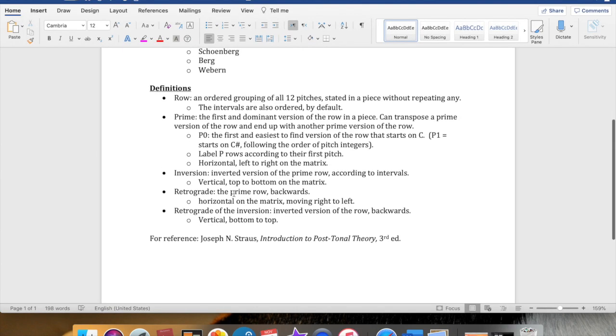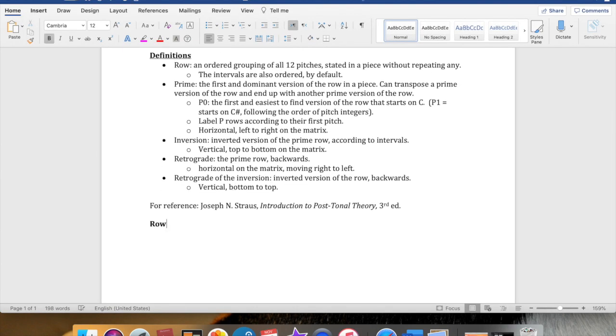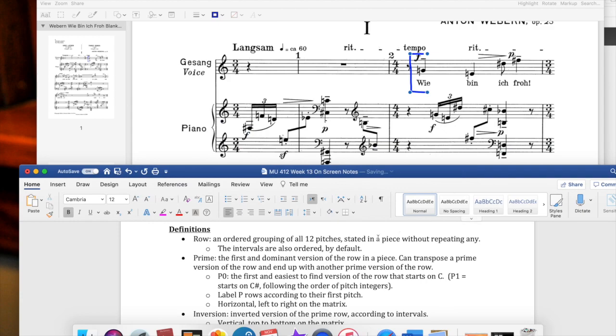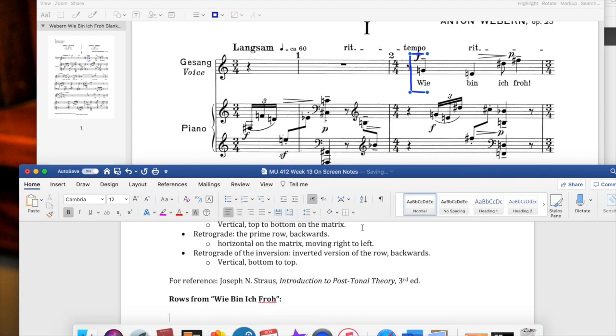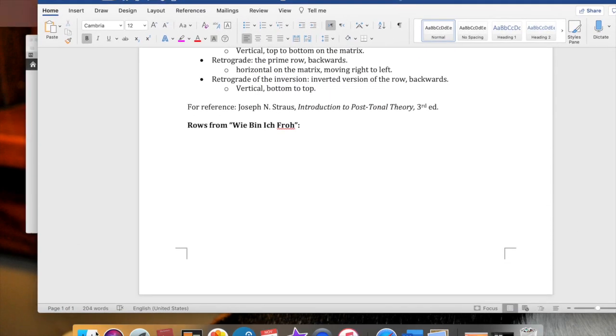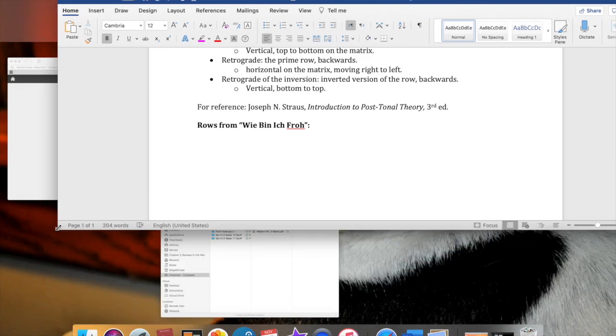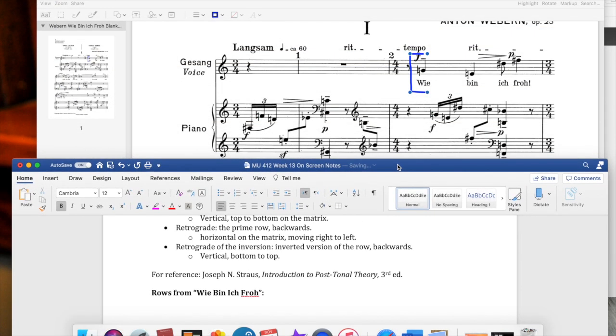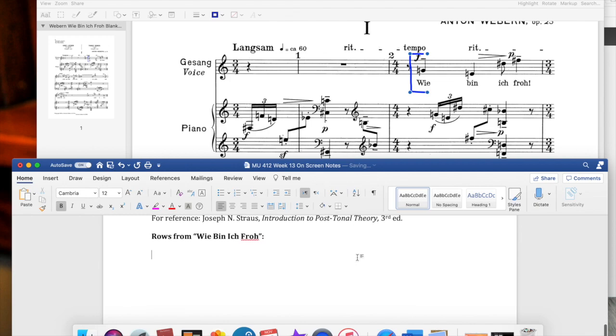A handy place to start is just to list the notes, rows from Wie bin ich froh, and we want to list them carefully in the order that they appear in the piece. I'll list them as numbers the whole time, as integers.